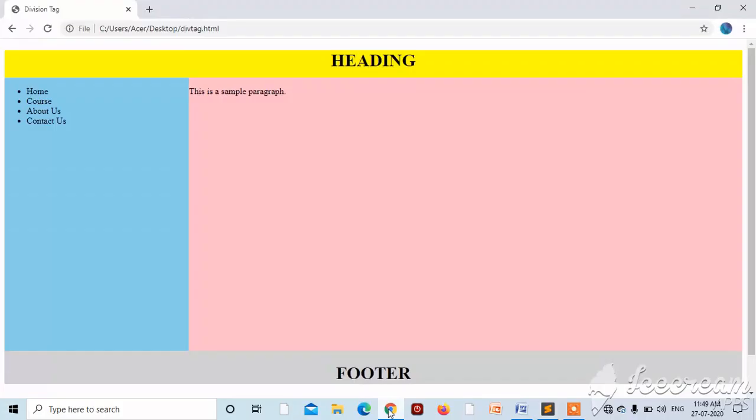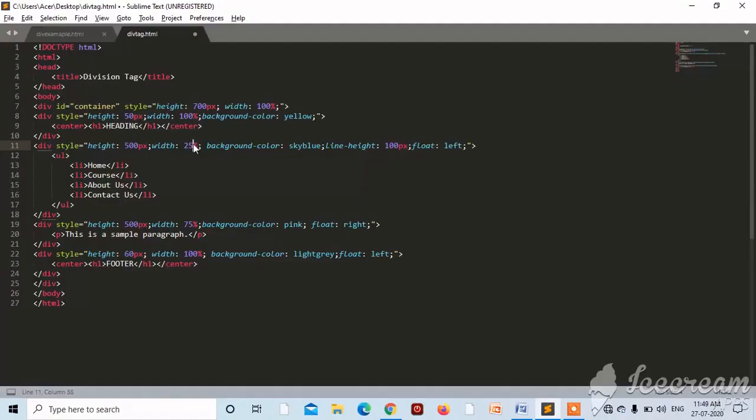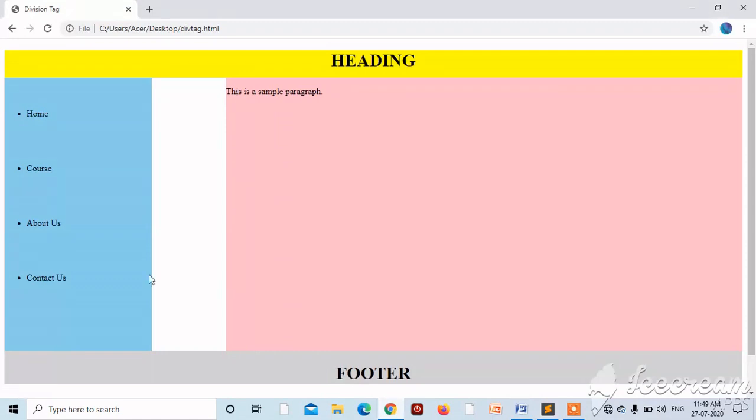If you know what block elements mean, you are going to understand the concept of float very easily. If we keep the float on the left, this blue section is going to go to the left and this pink section is going to go to the right side. Let me show you by decreasing the width. I am giving this width as 20 and this width as 70. Let's save it and go into a browser and see what happened. As you can see, this remains at the left and this remains at the right side. So this is the working of our floats.